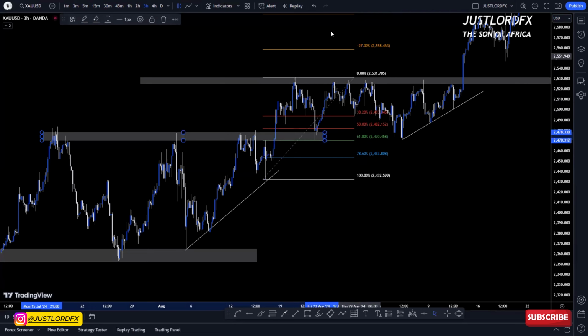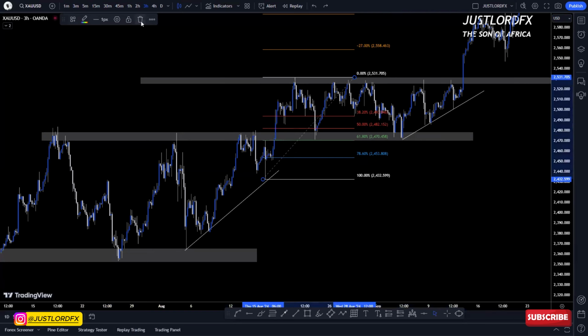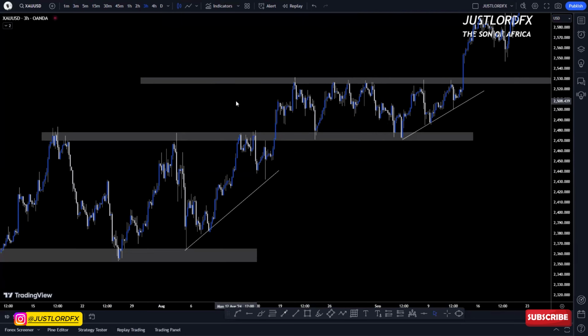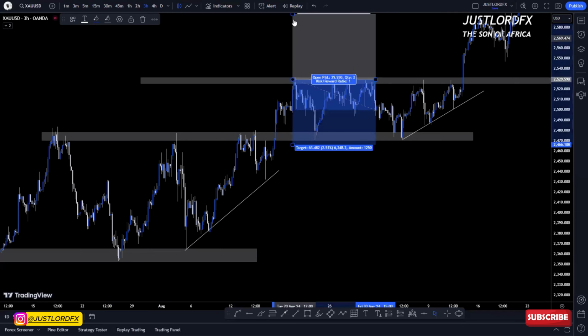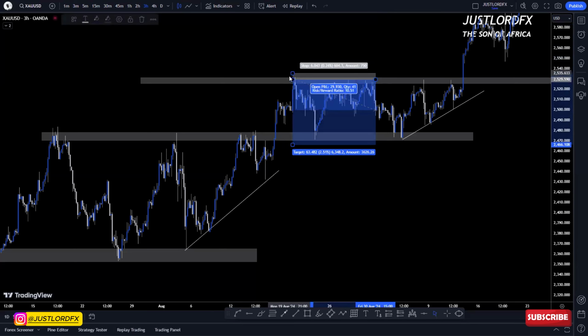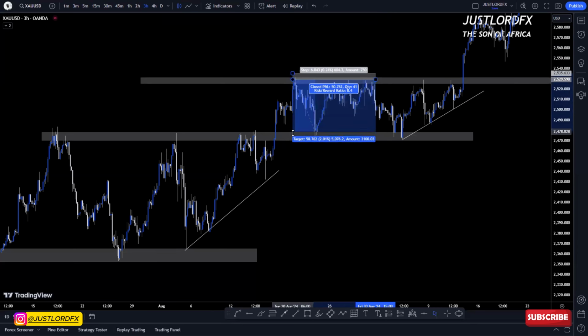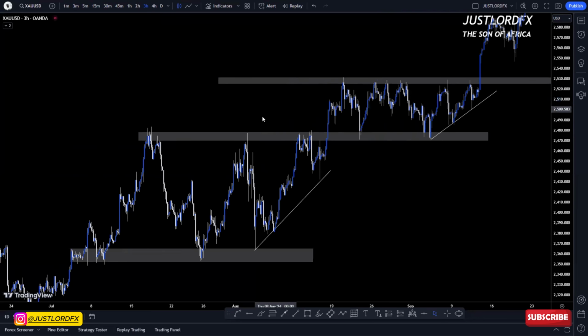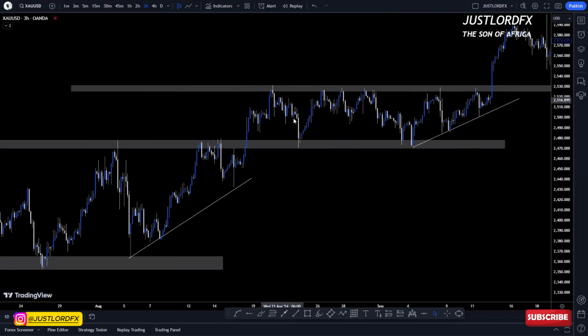The main duty and importance of support and resistance is that you can use it to be your entry and your exit. So let's assume that you get an opportunity to sell from here, putting your stop loss a little bit above, and your target is at the tip of the zone. See, at the tip of the zone, the market just taps into the zone and you're out. So this is the first example. The first one was when the market was ranging, and the second one is when the resistance is now acting as support. So let's go to the final one, which is support